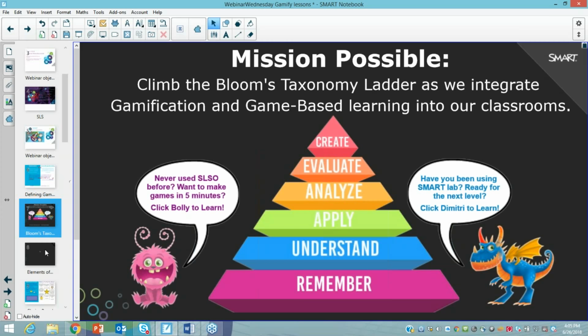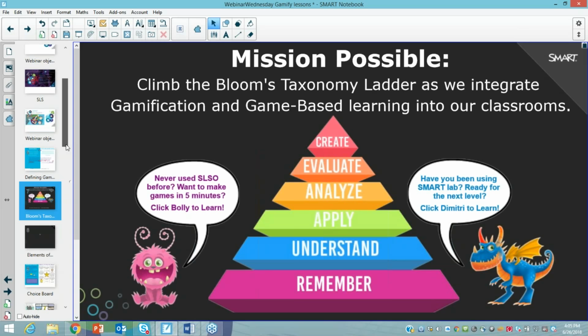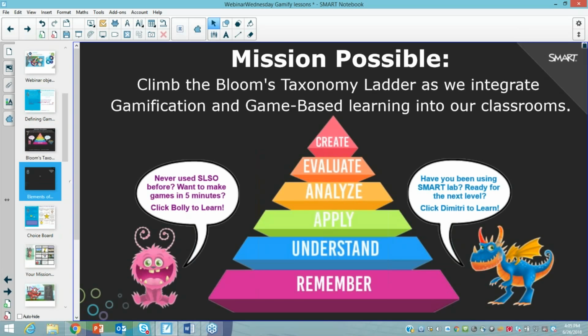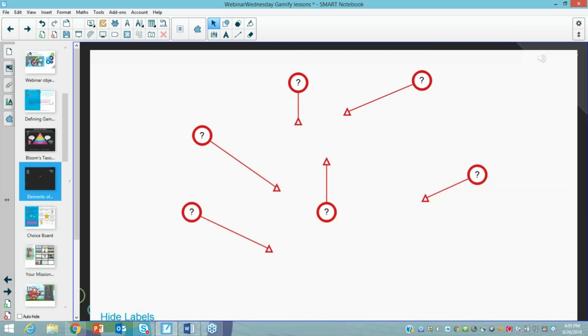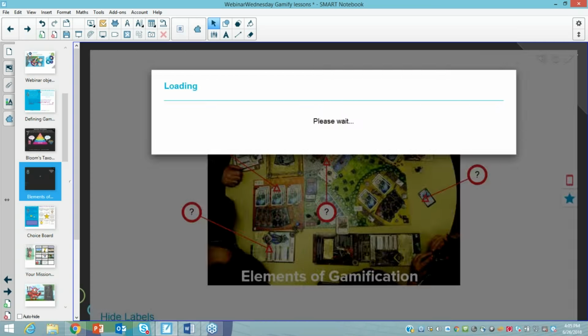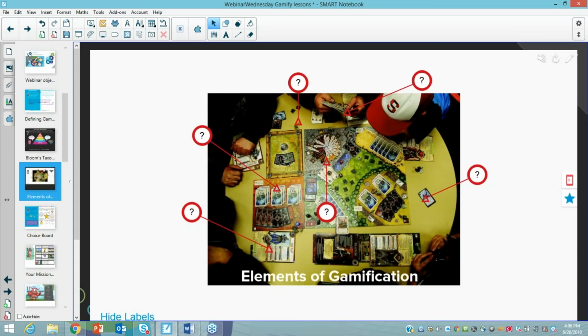So if you want to understand how we're going to do this, I'm going to show you today various elements of Smart Learning Suite online, and how they relate to Bloom's taxonomy and how they can be used in a classroom. So we're going to start at the very beginning to understand what those elements of gaming are, and I'm going to use an SLS Smart Learning Suite lab activity to actually show you